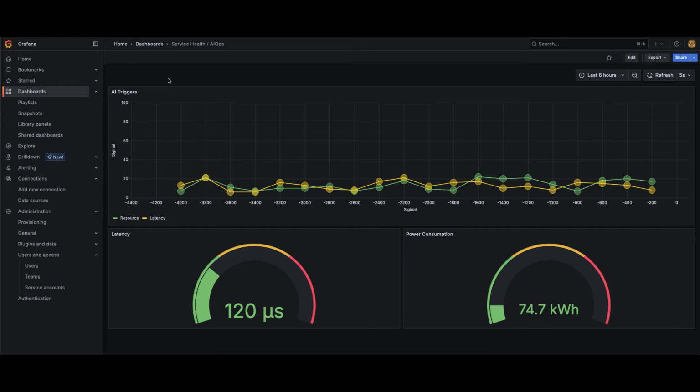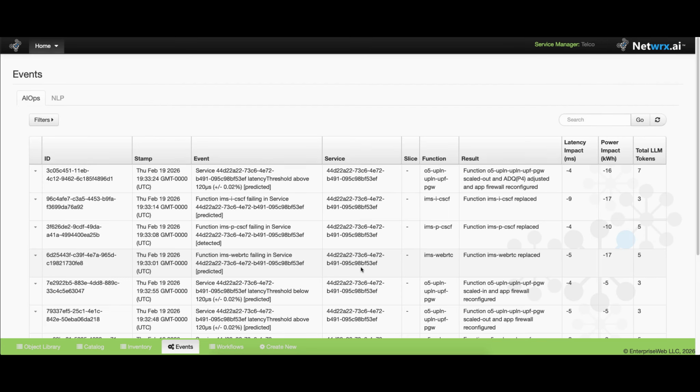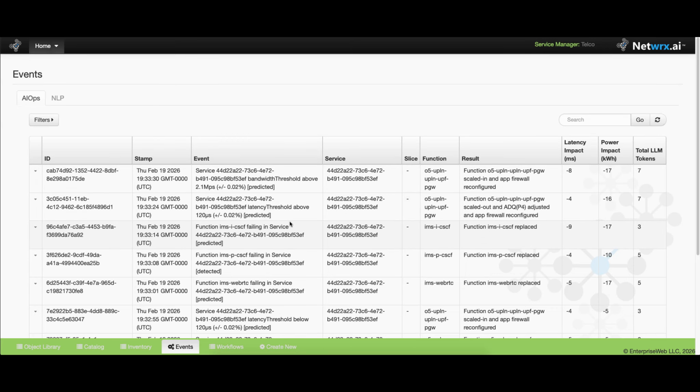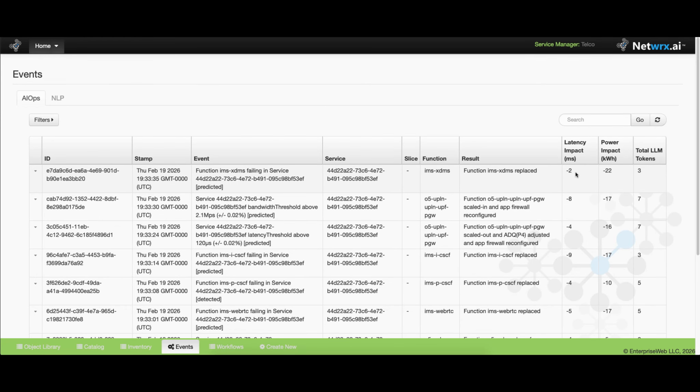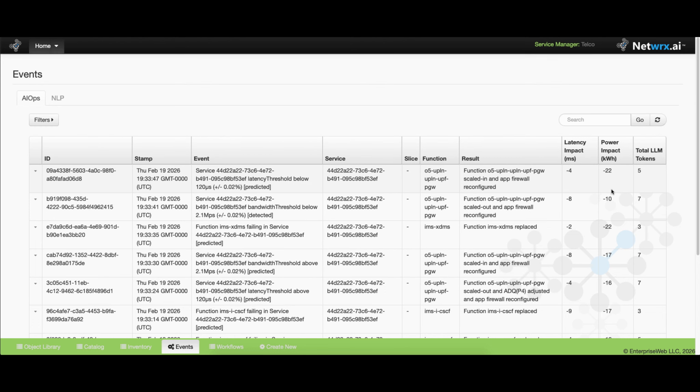If we go back into EnterpriseWeb, we can see this reflected. We can actually go and look at a stream of events here that are happening in terms of AIOps. You'll see that they're flooding in here in real time as they occur. And you'll see that they're impacting the latency itself and the power consumed. They're keeping it optimal by making changes in particular functions, scaling them in and out, and so on. And you'll notice that they're not using very many tokens. This is one of our benefits. We reduce the use of an LLM to what we call wildcard inference. So very simple, targeted